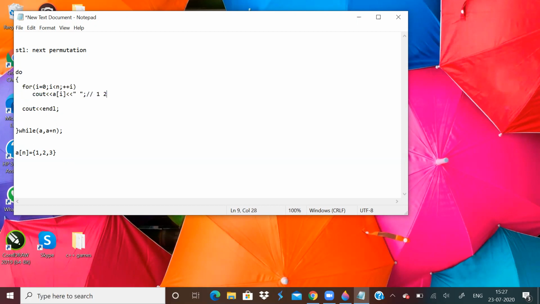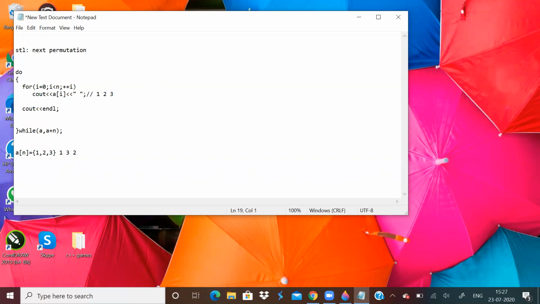The initial output will be 1, 2, 3 because that is the array. Now next permutation will give us the next lexicographically greater permutation. The lexicographically next permutation of 1, 2, 3 will be 1, 3, 2.